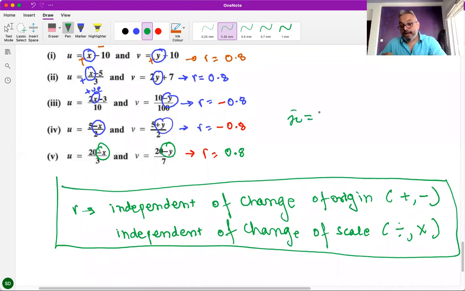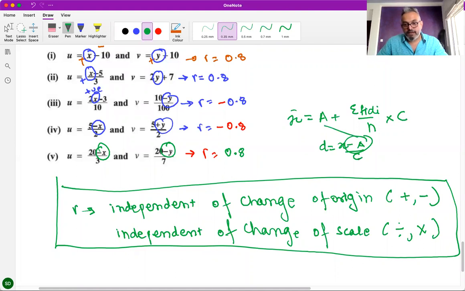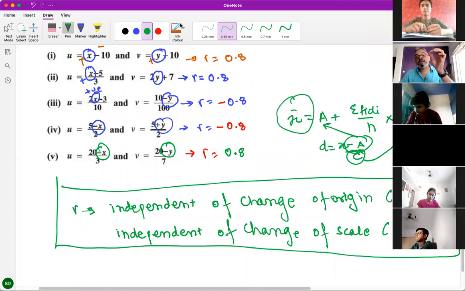Property of mean ये था कि it is not independent of change of origin, neither independent of change of scale, and that's why we had the formula x bar is equal to a plus sigma fi di upon n into c. यानी d को हमने क्या किया, x माइनस ए अपॉन सी किया, इधर माइनस तो इधर प्लस, इधर डिवाइड तो इधर मल्टीप्लाई। तो ये था मीन का प्रॉपर्टी, मेजर्स ऑफ सेंट्रल टेंडेंसी।